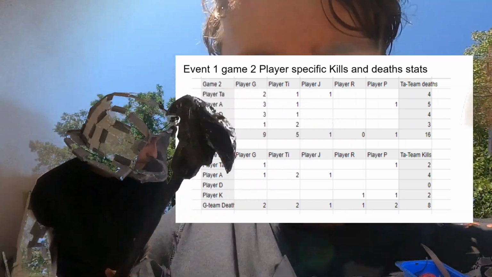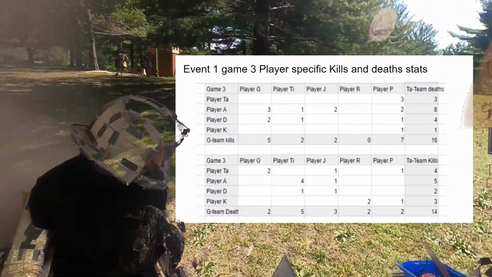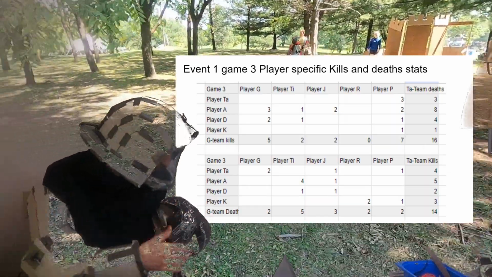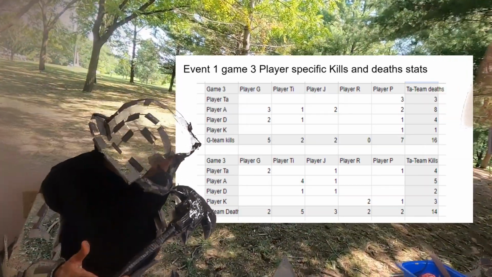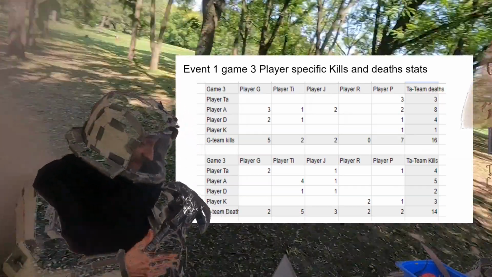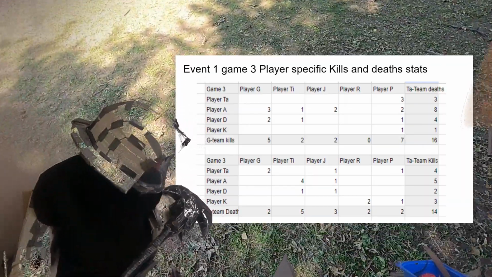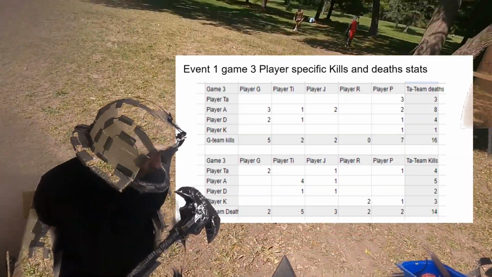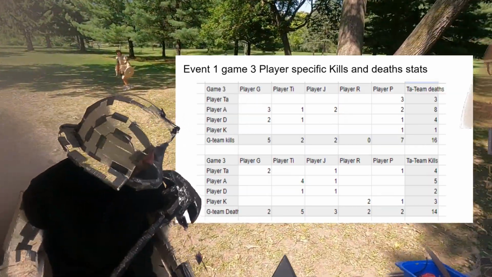So we did end up winning game 2, but losing game 1, because our team had 16 kills and the opponent had 8. And then in the last game, we had 16 kills again, but our opponent had 14. So it goes to show, game 3 is 100% the most competitive, the most compelling, the closest game of the 3. I only got 5 kills. And player P actually did incredibly well and got 7, so they outstripped me for kills that game. And it looks like I had 2 deaths over the course of the 10 minutes, with player TI having 5, player J having 3, player R having 2, and player P having 2, for a total of 14 deaths from my team. So yeah, game 3 was incredibly intense.